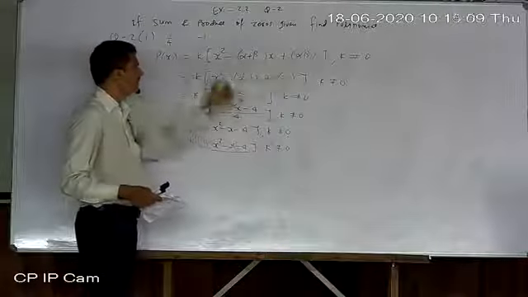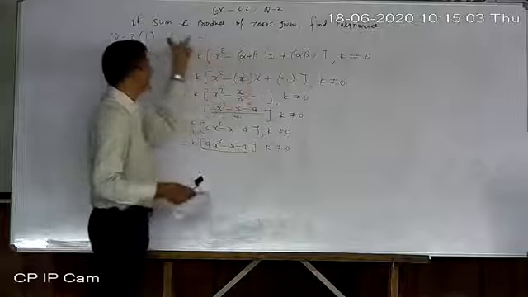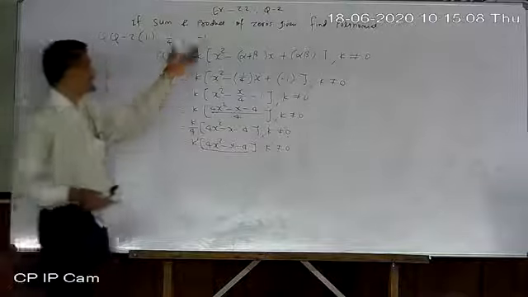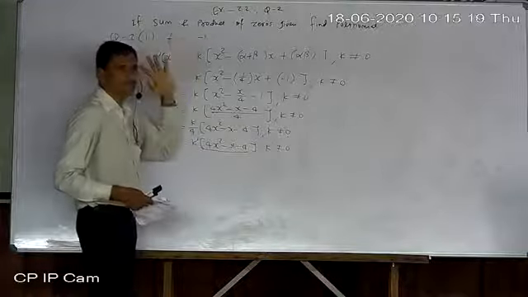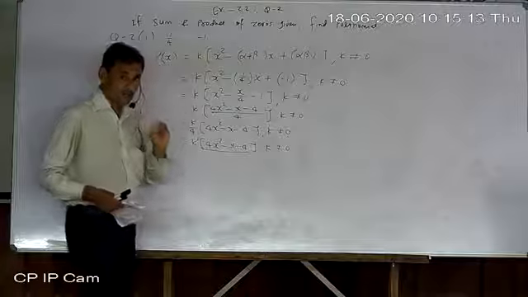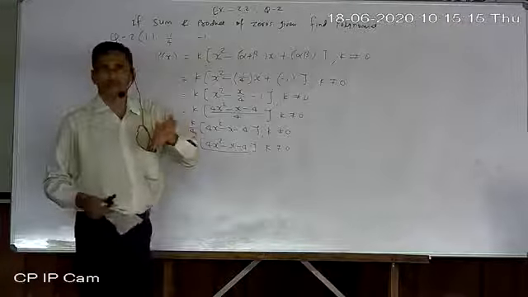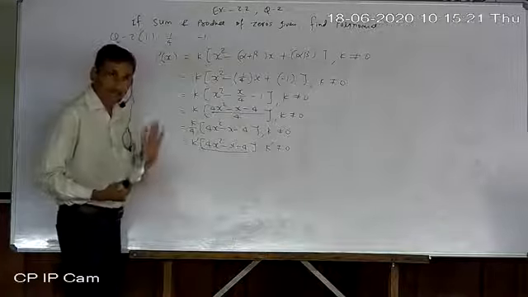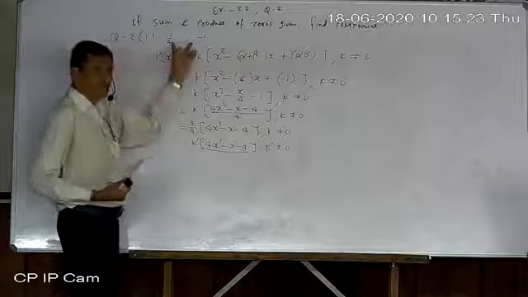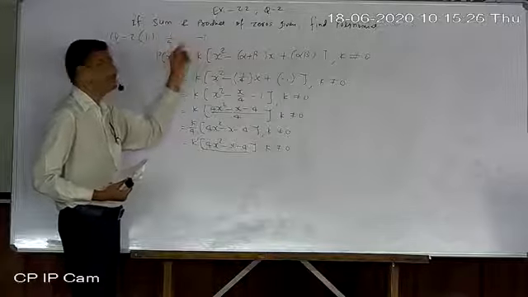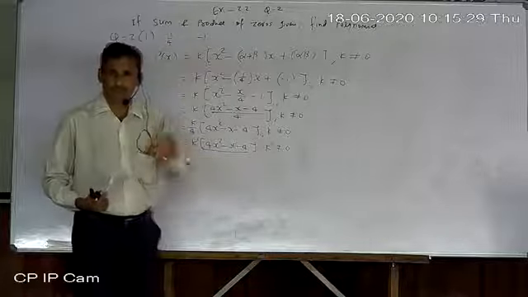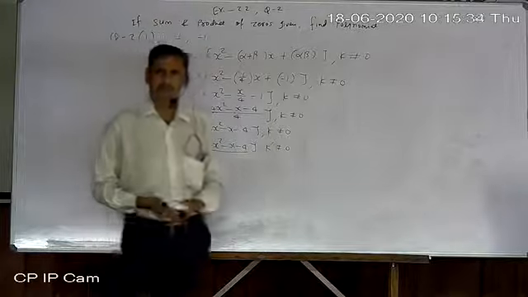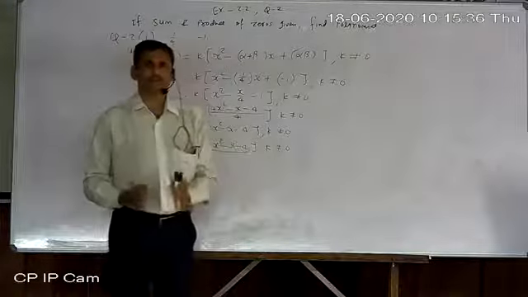Just remember, now place the value of sum and product. They have given that sum and product of zeros are given respectively, meaning sum, product. Okay. And read the statement carefully. If it is given in quite the opposite way in the exam, then understand and be aware. Suppose they have given product and sum of zeros respectively, then understand this is product and this is sum. Okay. So be careful whenever you read any question the first time.